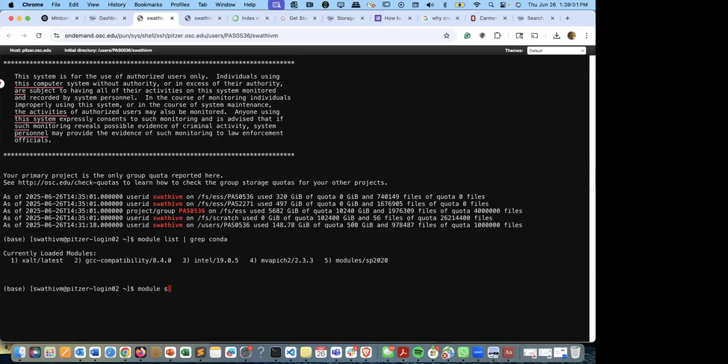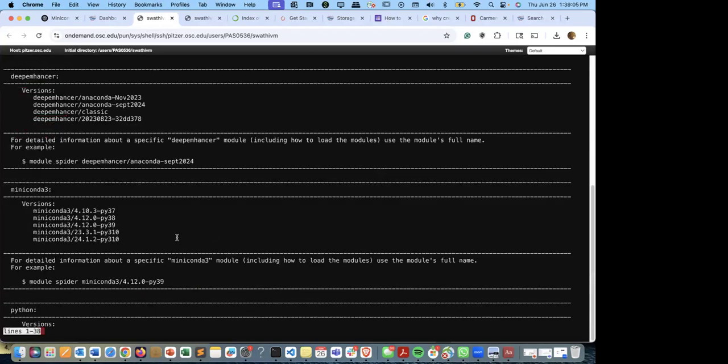Module spider conda will give you all the conda environments that they have. So you can choose whatever you want, and you can say module load miniconda and select that version instead of downloading it. But when you're doing this, you're creating an environment in your home directory, which is fine as long as you don't have many files, or you're not installing much software and you're just doing simple